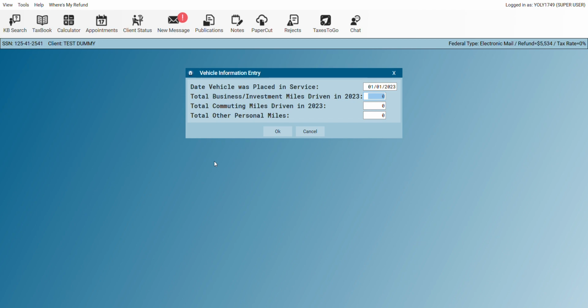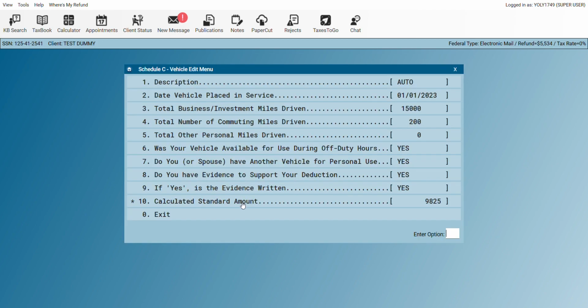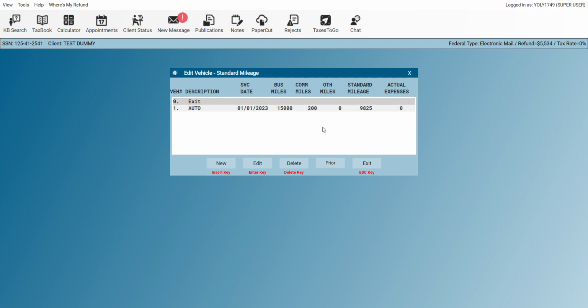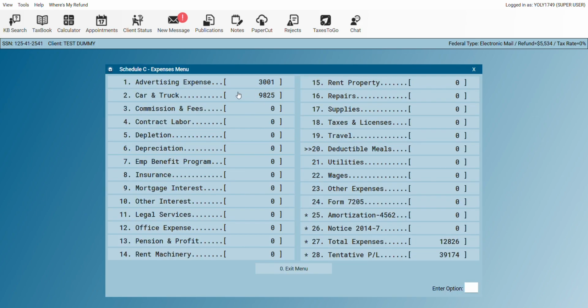Total miles driven for the year were 15,000 miles. Commuting miles were 200, and personal miles didn't have any. So it's gonna calculate it at the standard rate, and it's gonna give you a $9,825 deduction based on 15,000 miles. Commissions and fee,